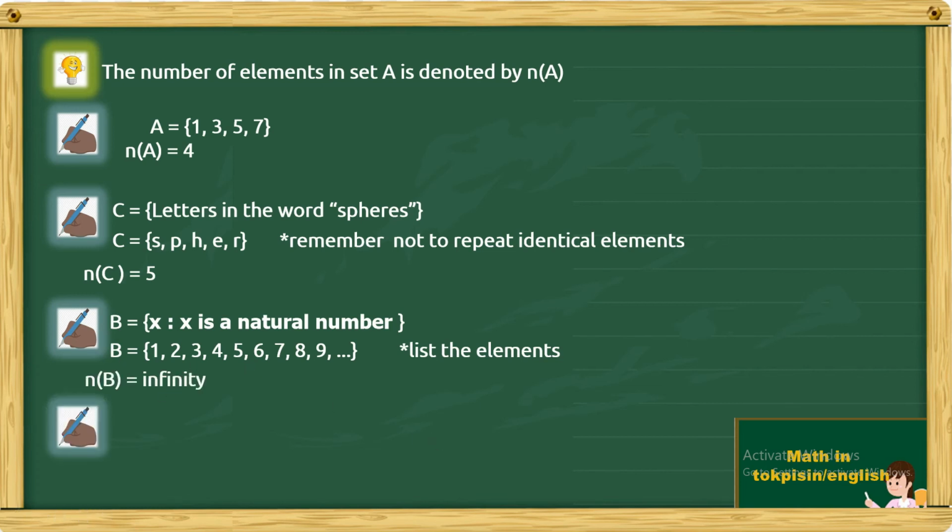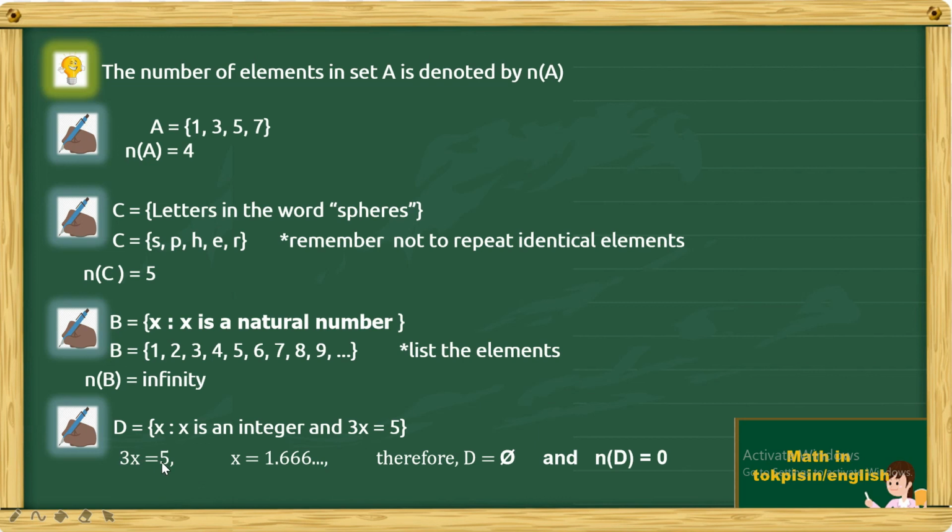Last example: D is equal to the set {x such that x is an integer and 3x is equal to 5}. Before you find the number of elements of set D, you must solve this equation first. Suppose x is an integer, then 3x is equal to 5, and x will be equal to 5/3, which is equal to